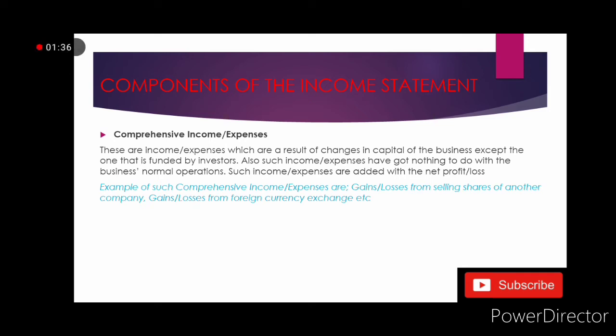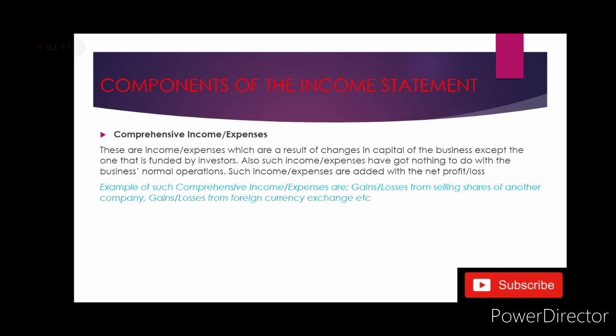Now remember, this is the business's capital. This has got nothing to do with an investor saying, oh my God, I funded this amount of money to that business. It is not related to that scenario. This is the business with its capital invested in other sorts of operations. And if these operations, which have got nothing to do, I repeat again, nothing to do with the sole purpose of the business, have brought a surplus to the capital, then that is recorded as comprehensive income.